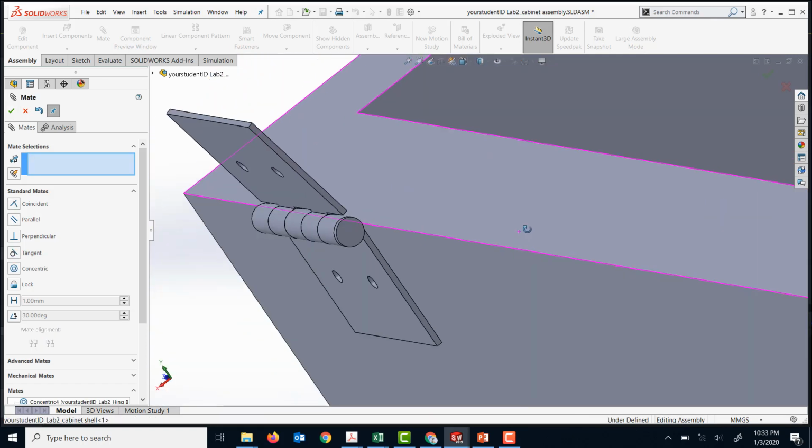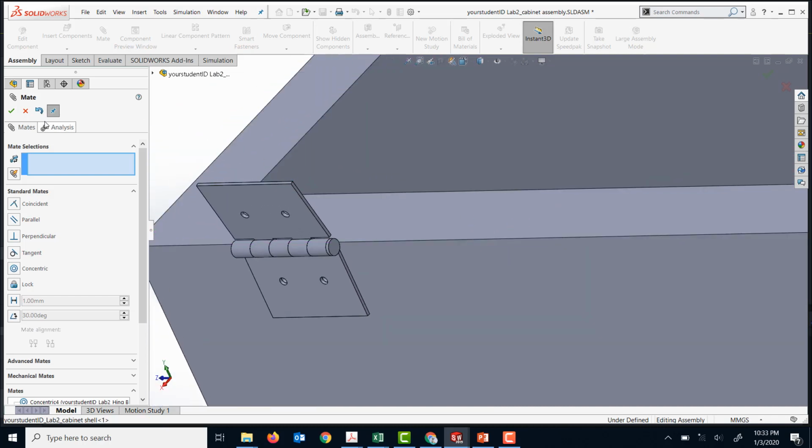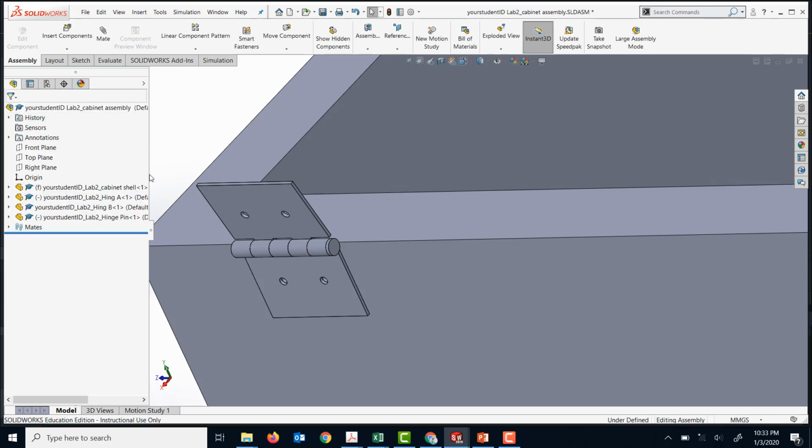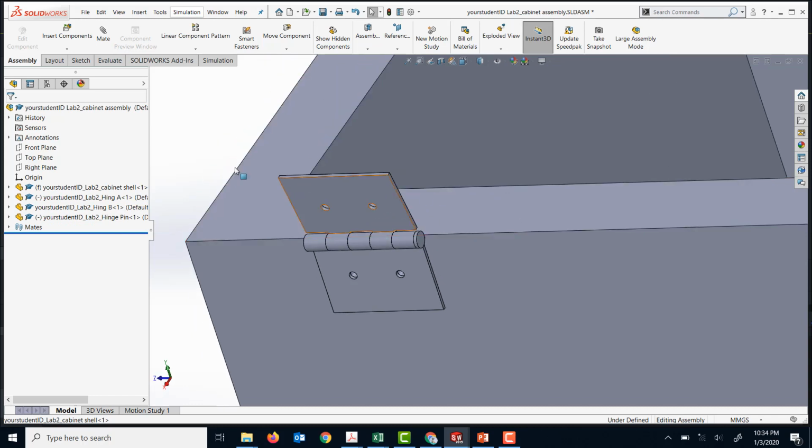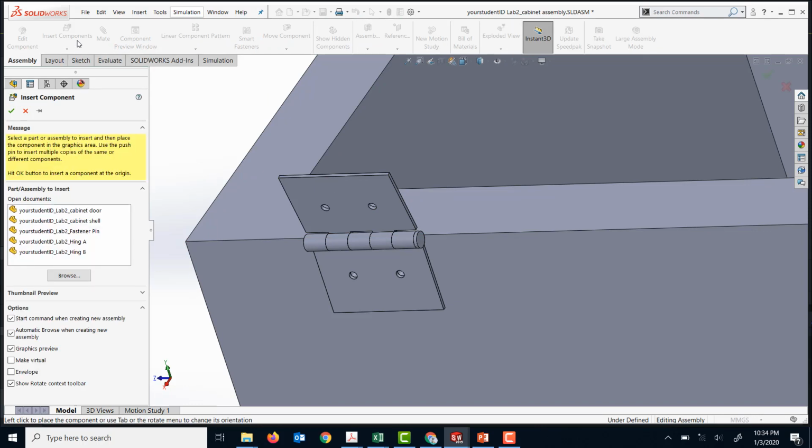So I have added this relationship. I'm gonna get out of this mating dialog box to just show you the pin is still able to move because it's attached to that face. Okay. Now I'm gonna bring in the component, which are fastener pins, and I will have to repeat this